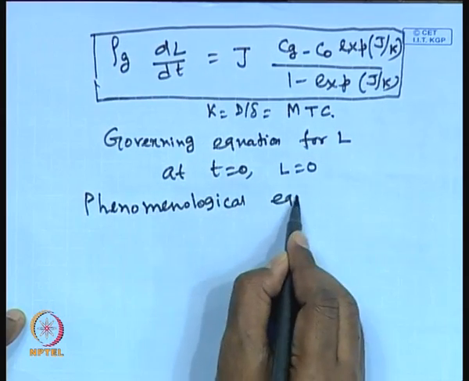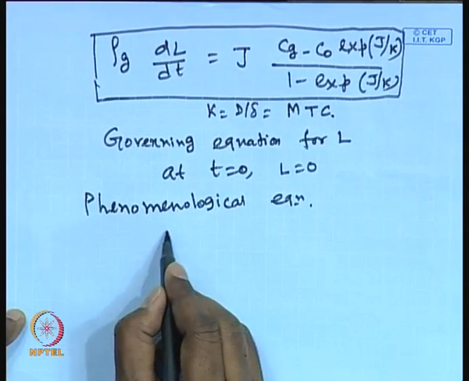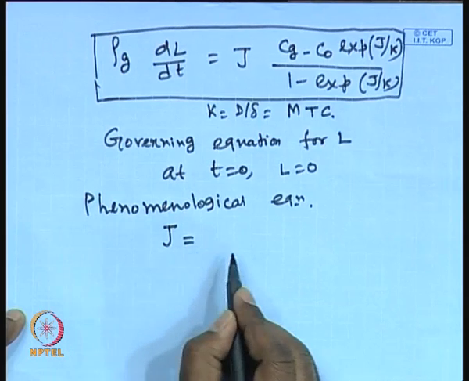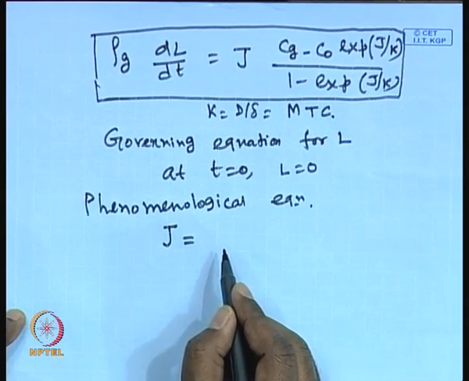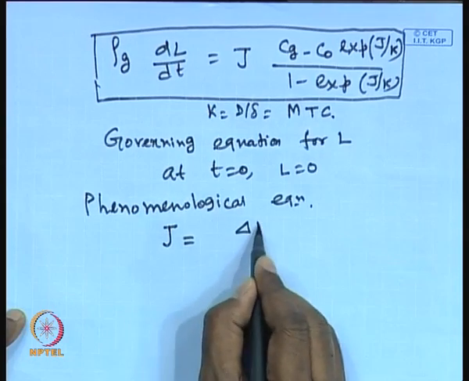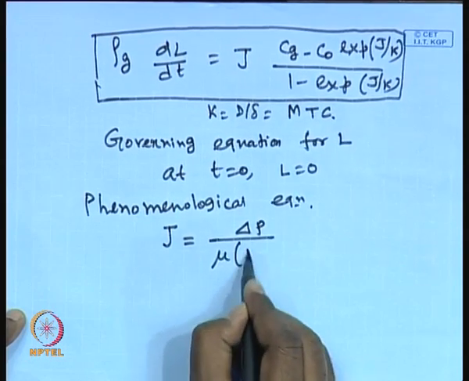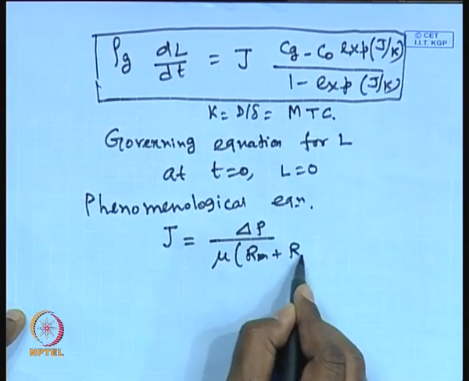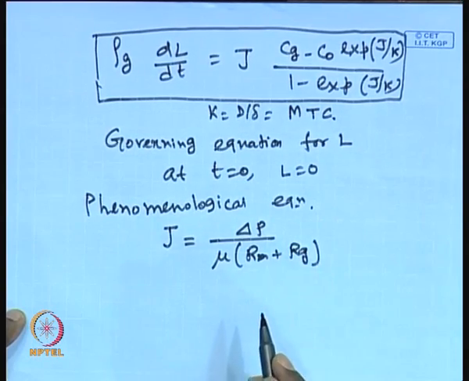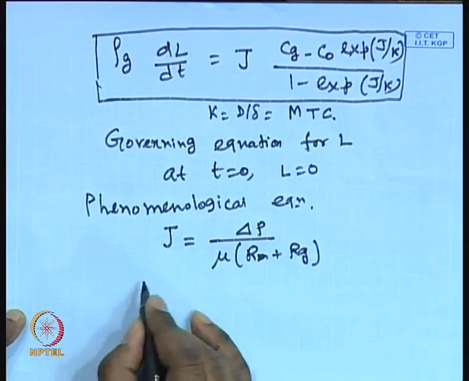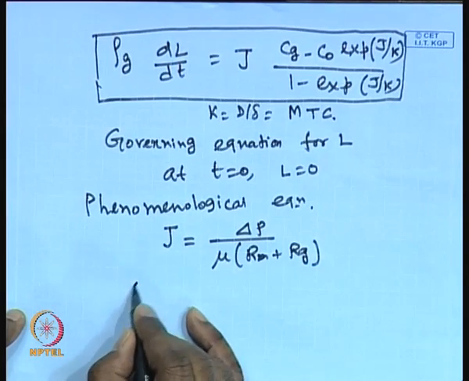What is the phenomenological equation? That is, flux is proportional to the driving force, or flux is equal to driving force divided by resistance, and there are two resistances here: j equals delta P divided by mu (Rm plus Rg), where delta P is the operating pressure gradient,